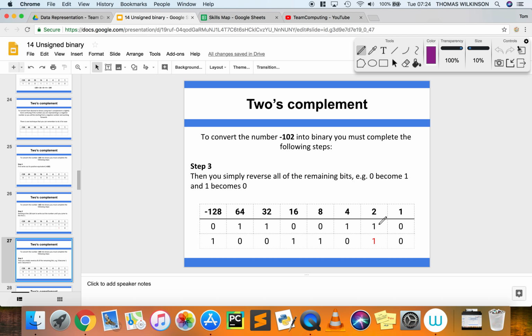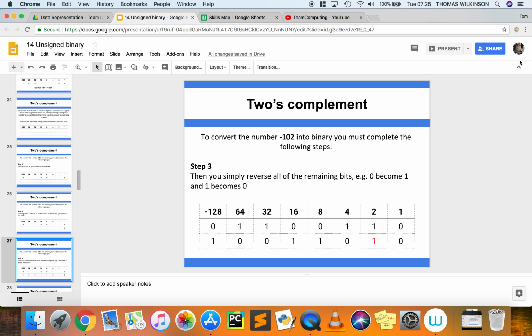What we then do is we are then going to swap the remaining bits around. So you can see that the 1 becomes a 0 under the 4 column. We can see that the 0 becomes a 1 under the 8 column, under the 16, 32, 64, and then we have the 1 at the front there on minus 128. So we've converted them around. So the final answer that we get for this